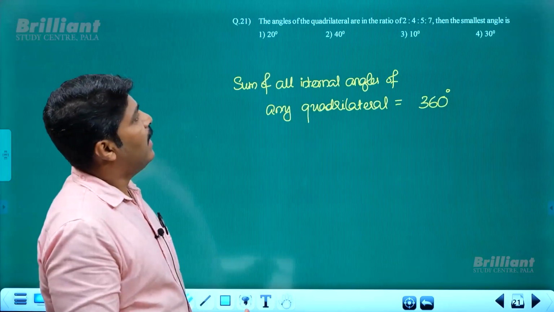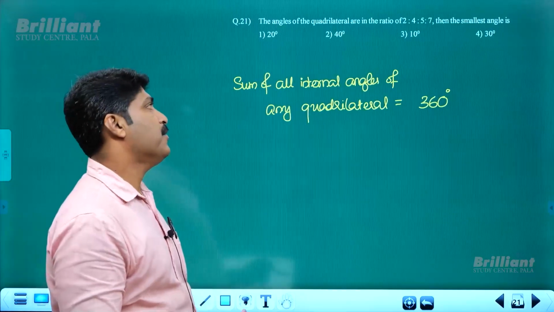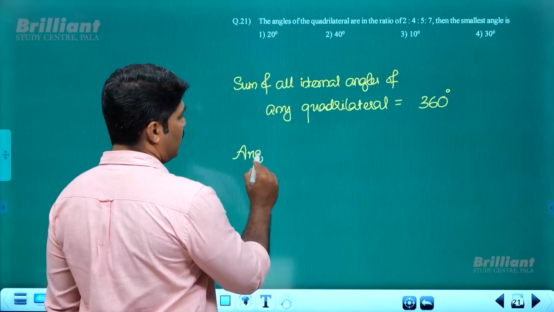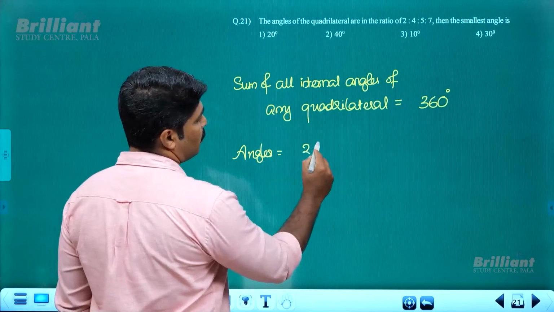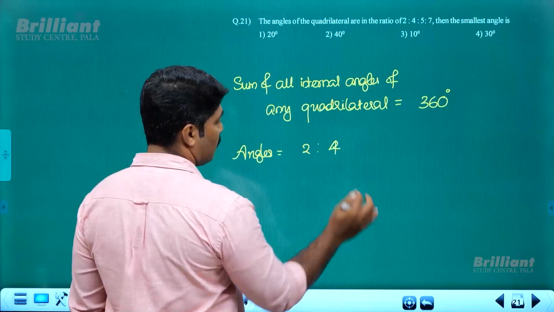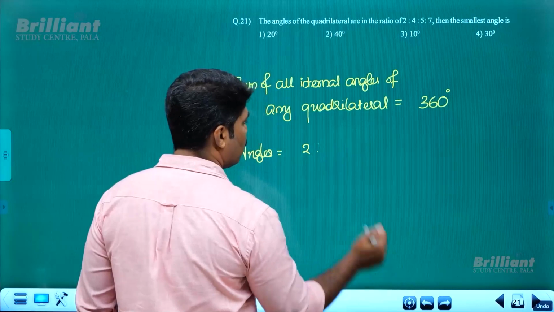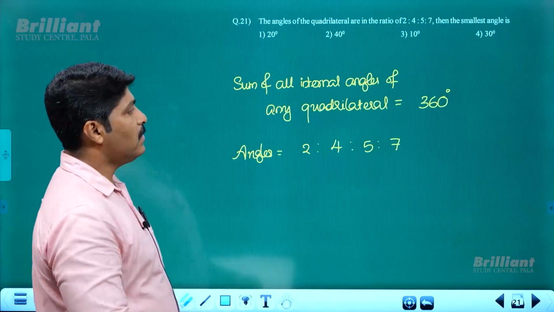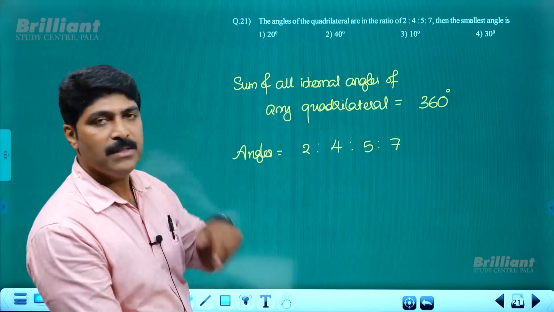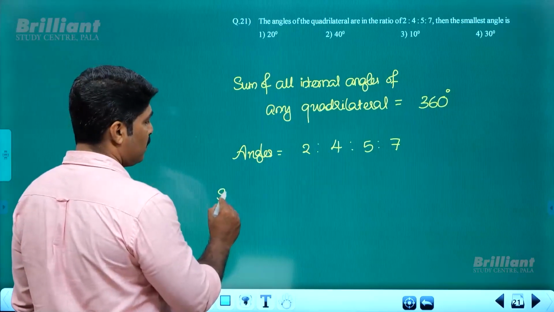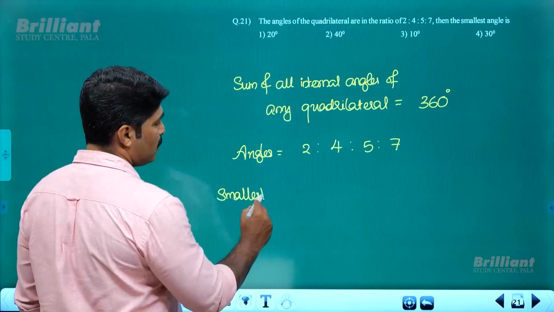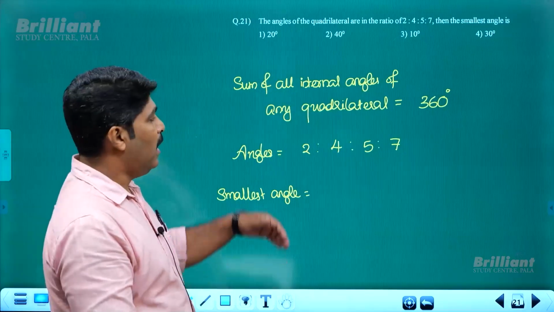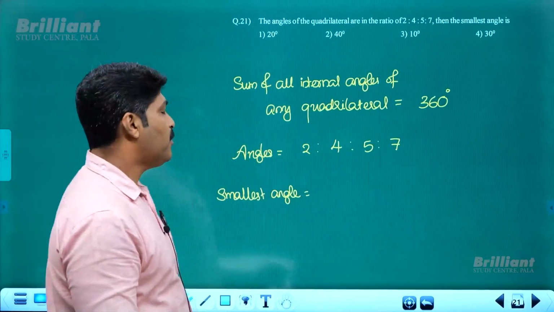It is given that the angles are distributed in the ratio 2:4:5:7. It means this total of 360 degrees is distributed in this ratio. We have to find out the smallest angle. Consider if a sum will be distributed among 4 persons in this ratio, which will be the smallest